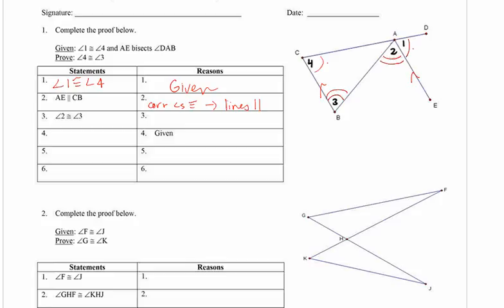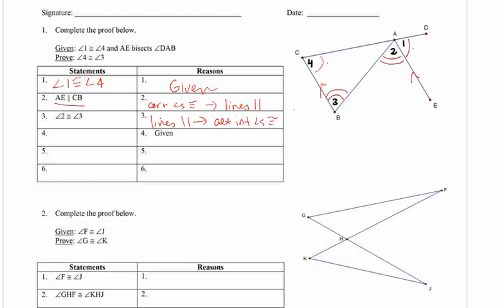So we'll call AB our transversal, and then CB and AE are parallel lines. 2 and 3 are on opposite sides of the transversal, but inside the parallel lines. So we call those alternate interior angles, and we know that they're congruent if the lines are parallel. We've already established that the lines are parallel,